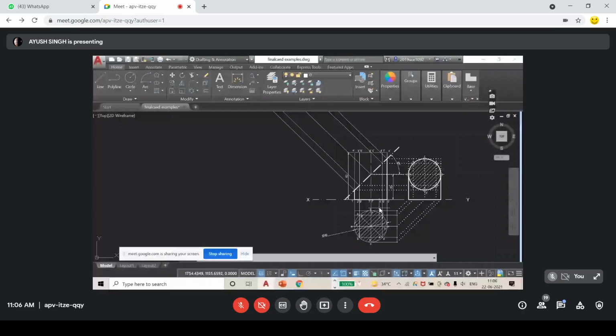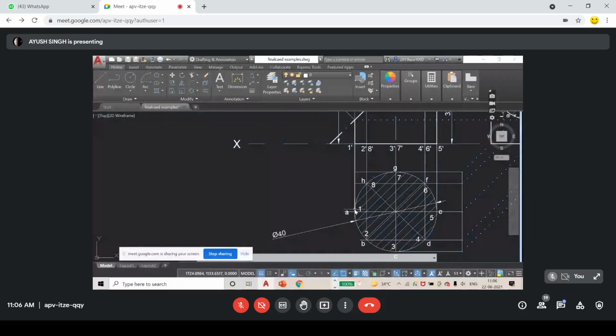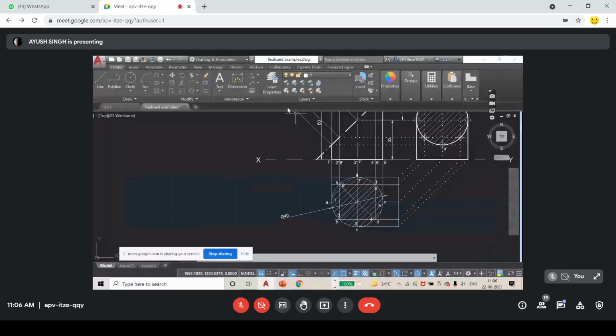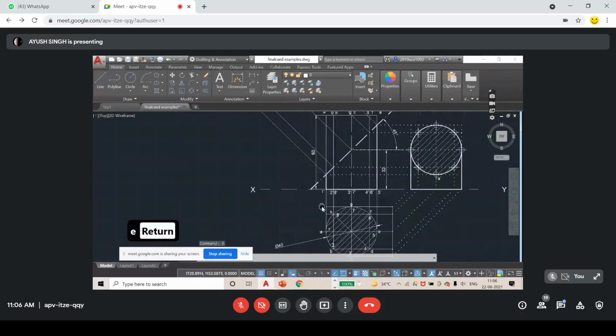So we will do that, and we will join this, and we will see how the true shape will look like. So there are multiple methods. You can measure this distance and take a perpendicular line here and mark an arc. But you remember I chose only two precision. So if I measure it, it is going to show me up to two precision only, that 34.1. But inside AutoCAD there can be multiple. But we are taking only 34.1, so that will not give accurate results if we mark like this.